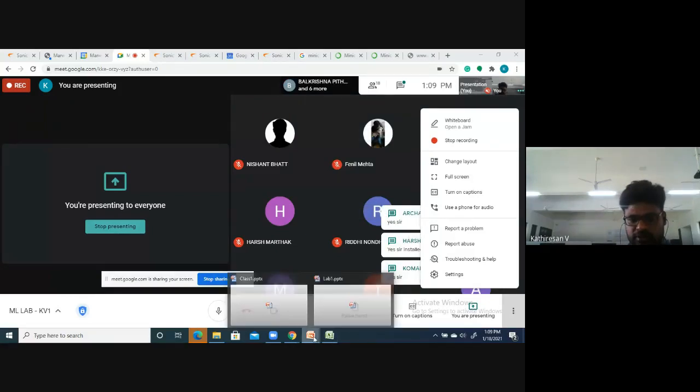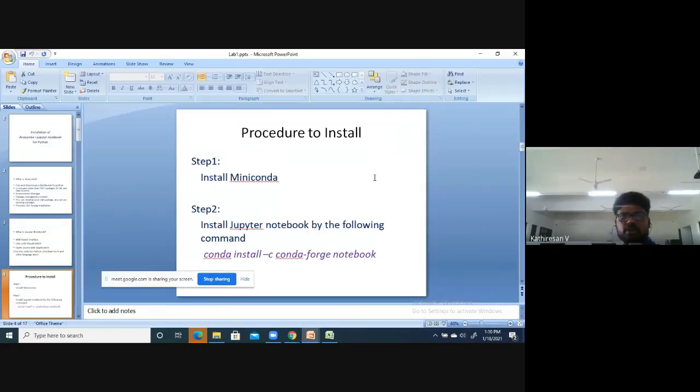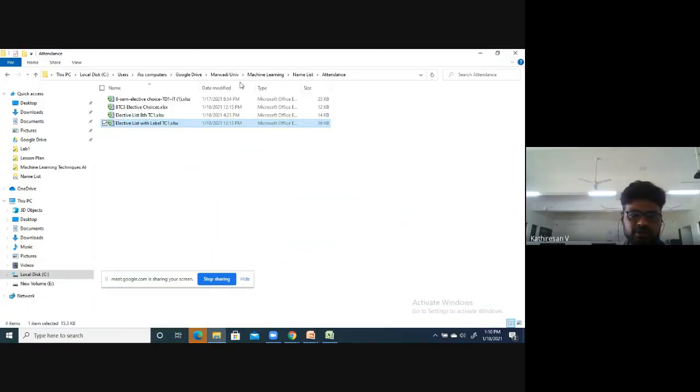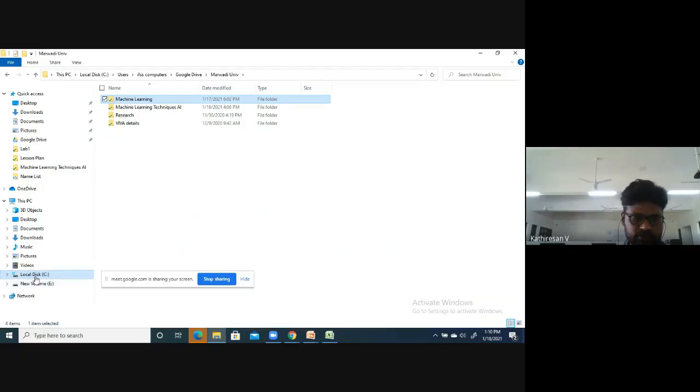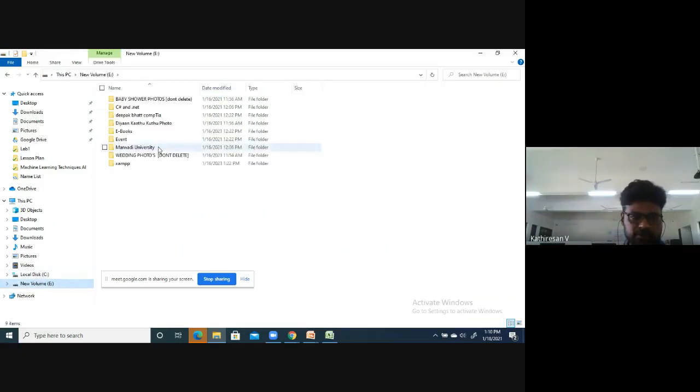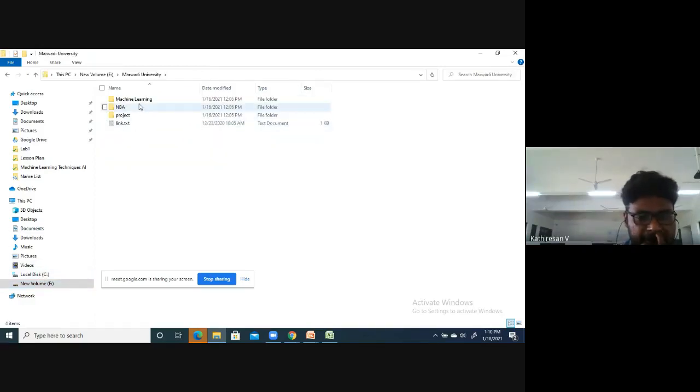What you need to do is install Miniconda. Once you have downloaded Miniconda, I will show the file to you. You will get this kind of application or setup file.